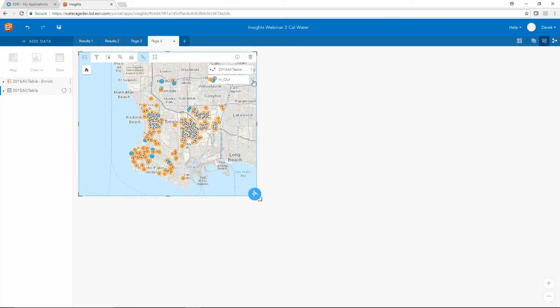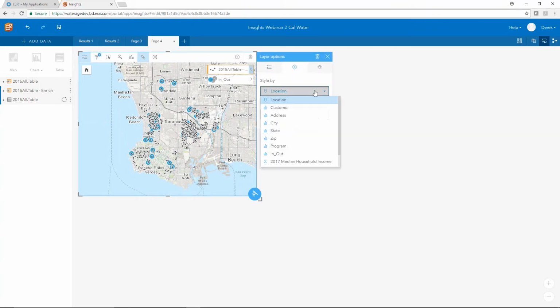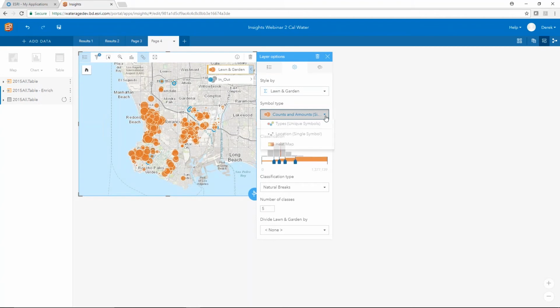So in this instance, I want to focus in on just my outdoor usage. So I'm going to change this to just my outdoor programs. And I want to see that if there's something intrinsically wrong with my outdoor programs, that people in those areas aren't taking advantage of the indoor programs either. So by changing this to a heat map of my lawn and garden spend,